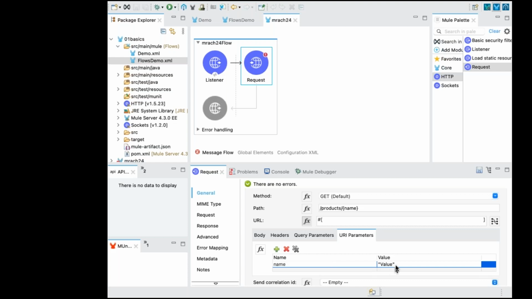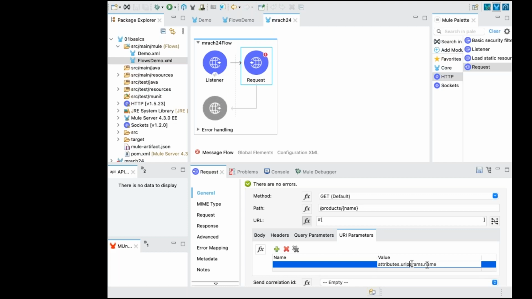Name, and how do we get a value? We are writing a DataWeave expression: attributes dot uriParams. The P should be capital.